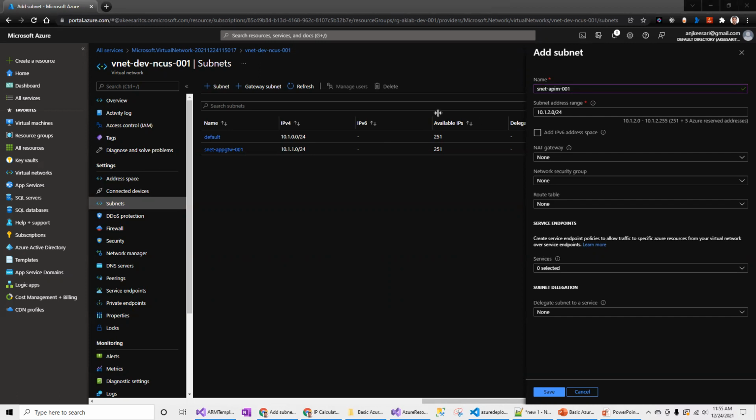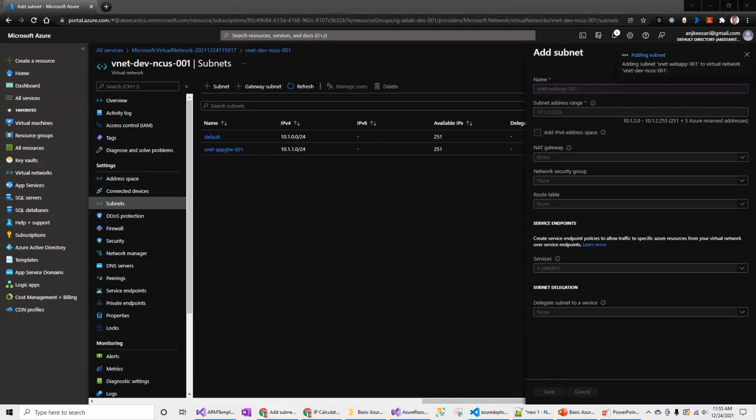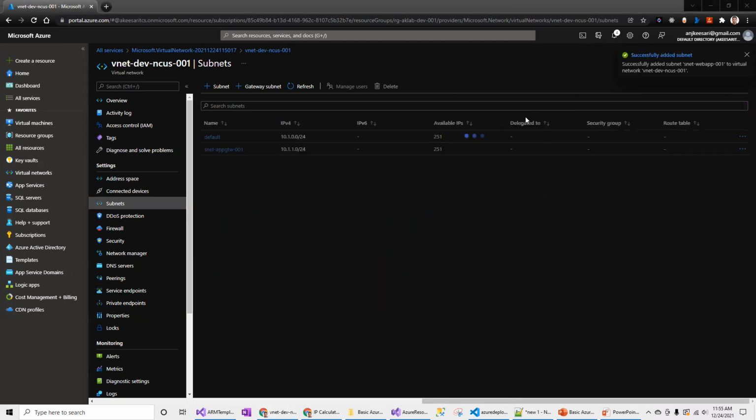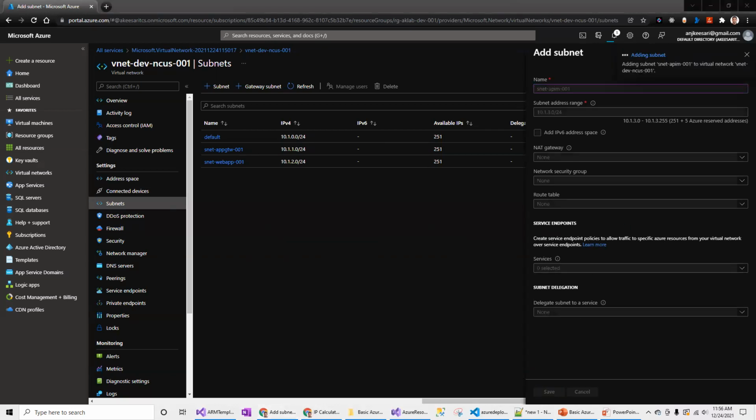Okay, so let me start with the web, not the IPv6. So I will leave the remaining ones. Add one more for APIM, the same suggested address range I will be taking.